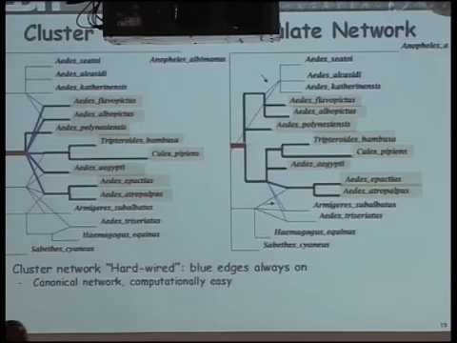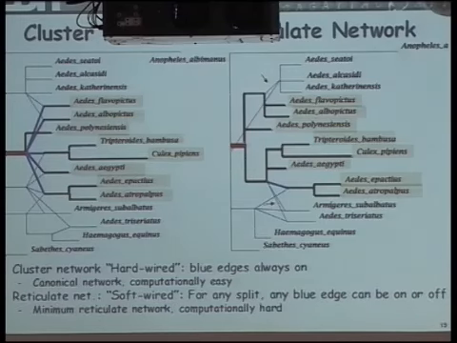Or think of this as given rise to by hybridization or recombination. Some of the genetic material comes this way and some comes that way. In any case, one of these edges, so here you can see to represent exactly the same split, I've chosen this edge, and this blue edge is turned on, so I get these two taxa, but these two are turned off, so these are not involved. And similarly up here, this one's turned off. So this is like a soft-wired network, if you like. For any given reticulation node, you can always make a choice which of the edges is on and which is off. And now, because you have that possibility,